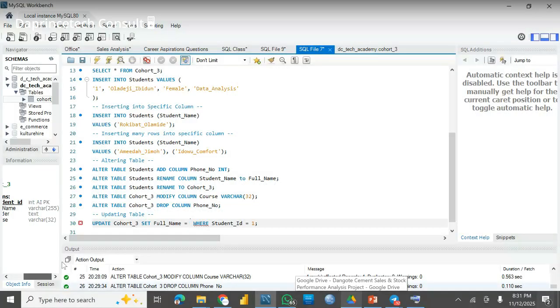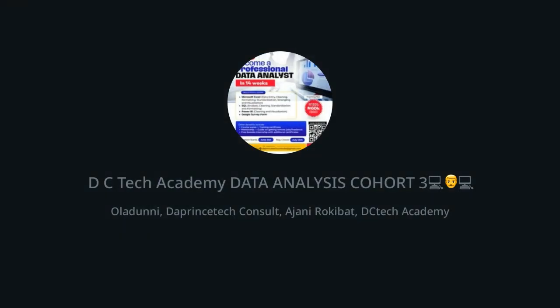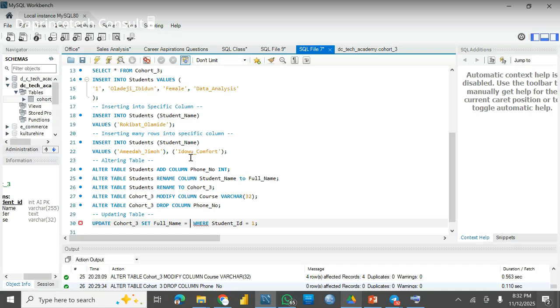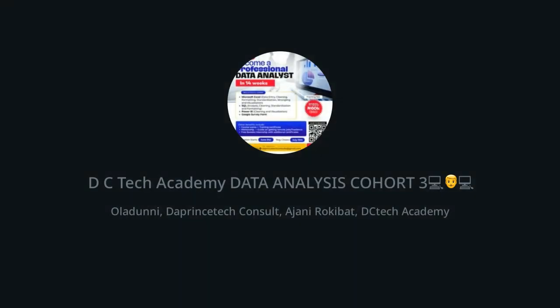We want to change, let me see which name I can change here. I want to change Idowu Comfort to Akinabeze or any. Set full name equal to, I want to change Idowu Comfort that we have in our number 3. I think Idowu Comfort is number 3 or thereabouts. So set full name to Akinlabi Isaiah,